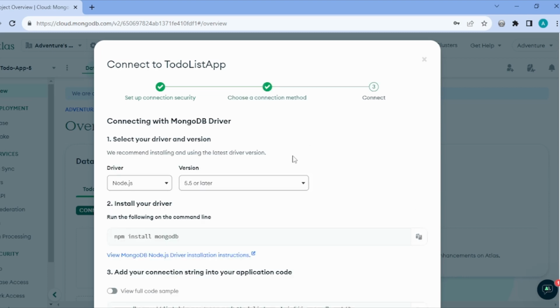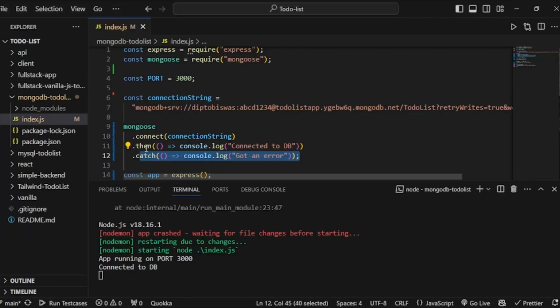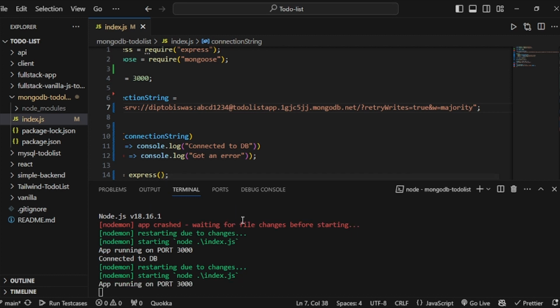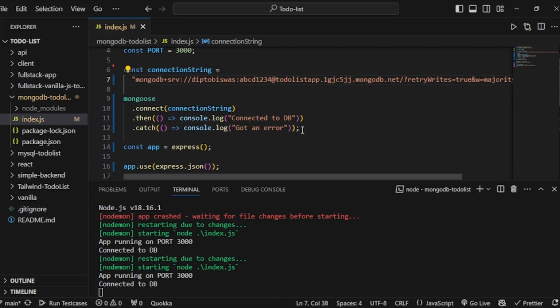So I will choose the drivers, and here I have a similar string, but this is for the to-do app. So I'll go back to my VS Code, and I will paste the same thing over here, and here instead of the password I will give the password that I gave, abcd1234, and I will see that we are connected to MongoDB. Now I will show you at the end of the video how to get the error, but for now we'll